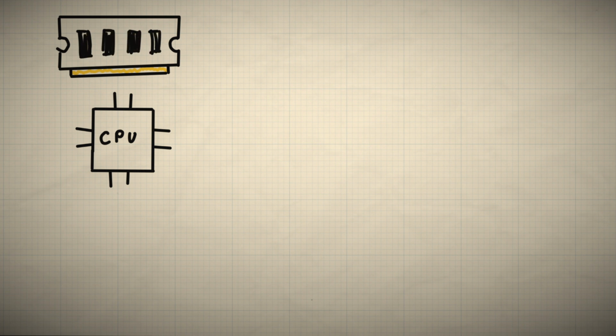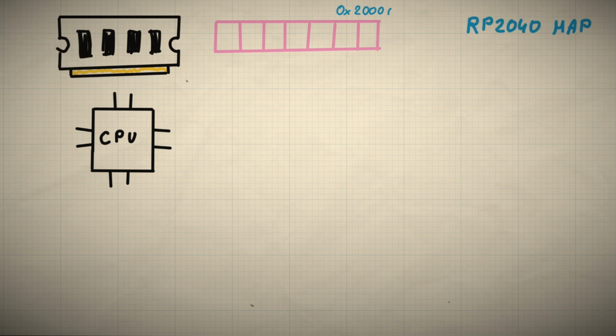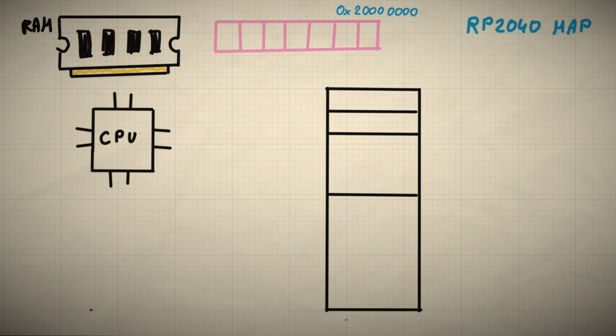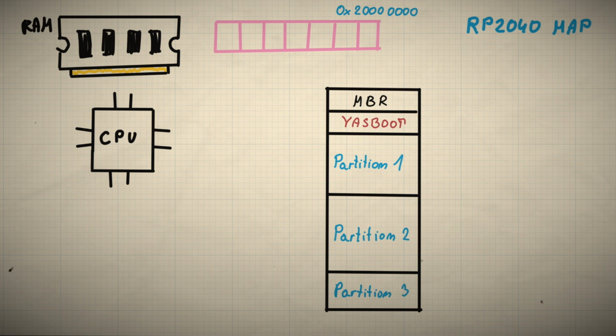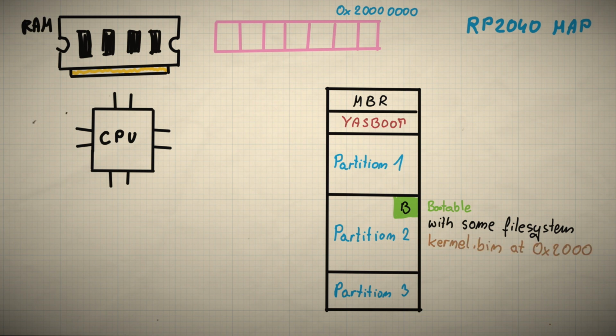To understand how RP2040 deals with the drive using my implementation, let's check out the next diagram. For the sake of this explanation, I added an array of RAM memory mapped at the address shown above it. An example layout may look like this: MBR followed by ASBoot code, size is not defined yet, and then partitions described inside the MBR. Let's mark one of the partitions as bootable, which will contain some file system. What file system will be supported, we will see in the next episode. Inside it there will be an application to be executed, such as the kernel of an operating system.